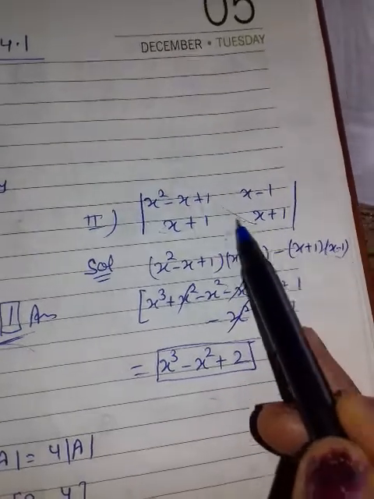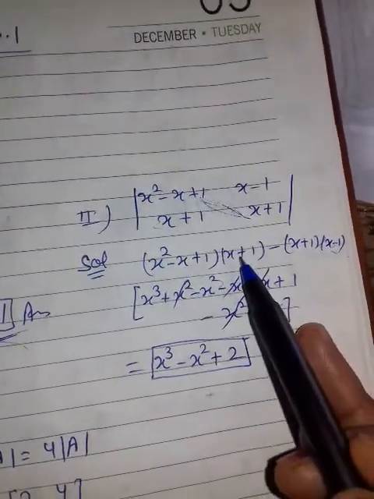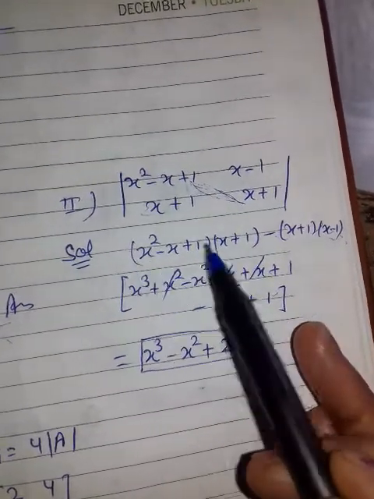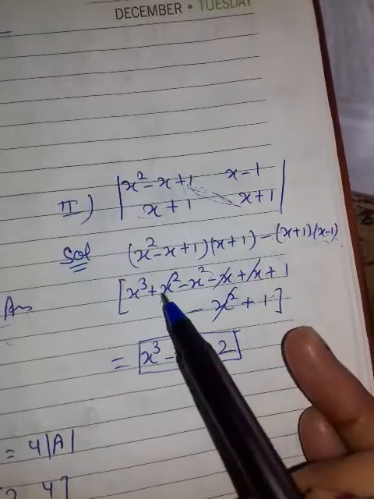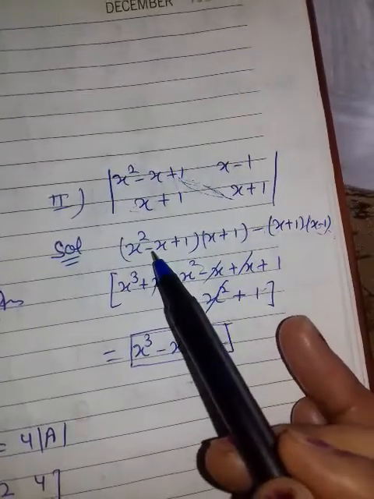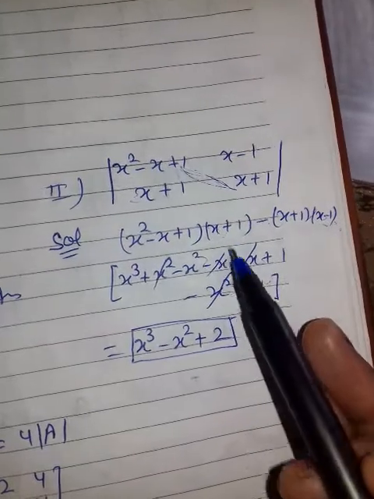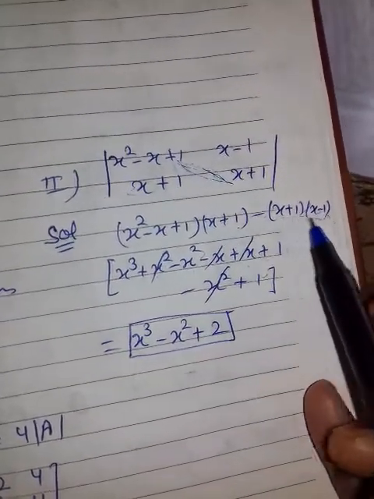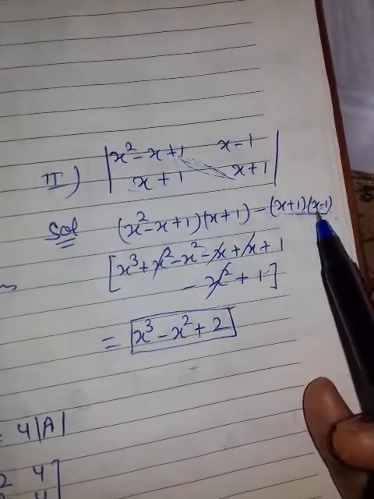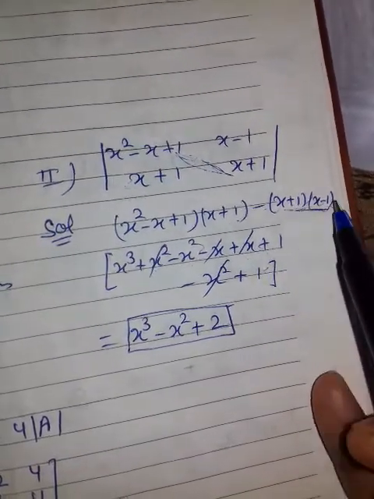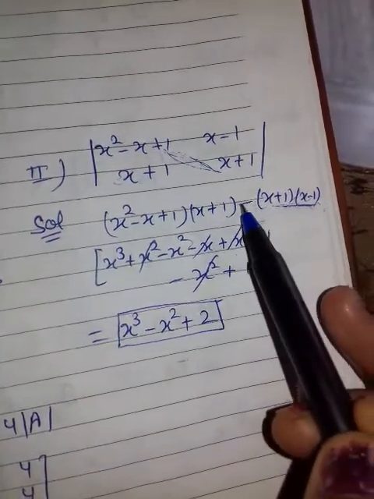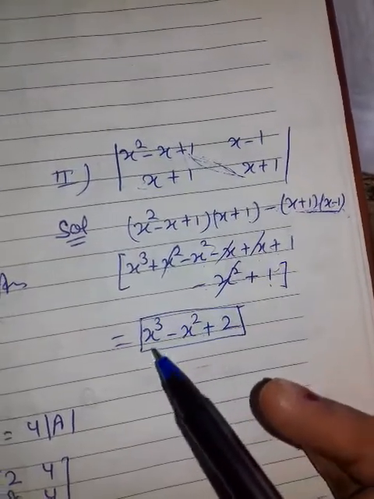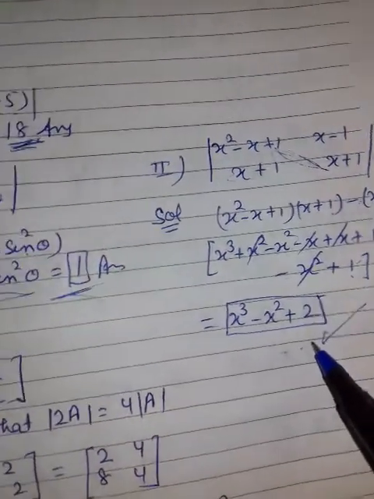Next is x square minus x plus 1. You know you have to multiply with it. Yes, I kept it in a bracket firstly, minus, then these I kept collectively. Then I will multiply x cube, x square, minus x into 1, minus x plus 1. You know how to multiply the polynomials. Similarly, you will see these are making identities, x square minus 1, but the sign is negative, so signs will be altered. So now you will see cancellation will be there. After solving you get this answer.